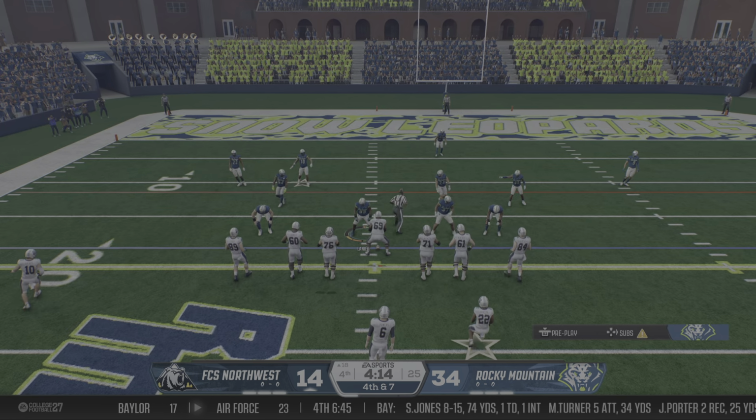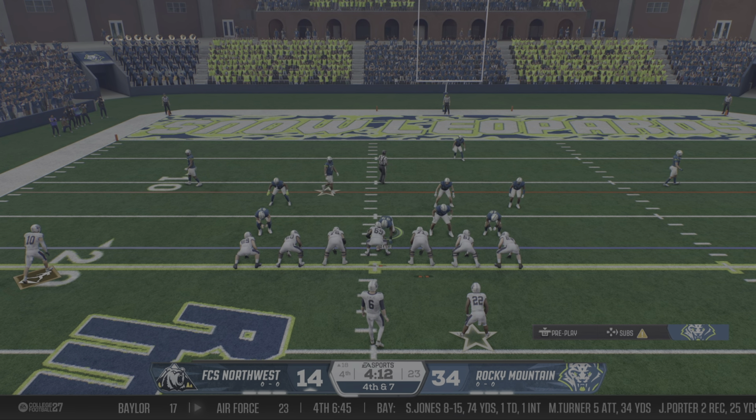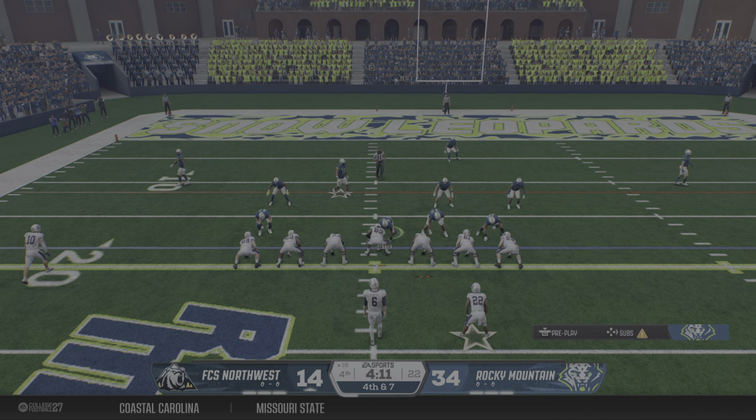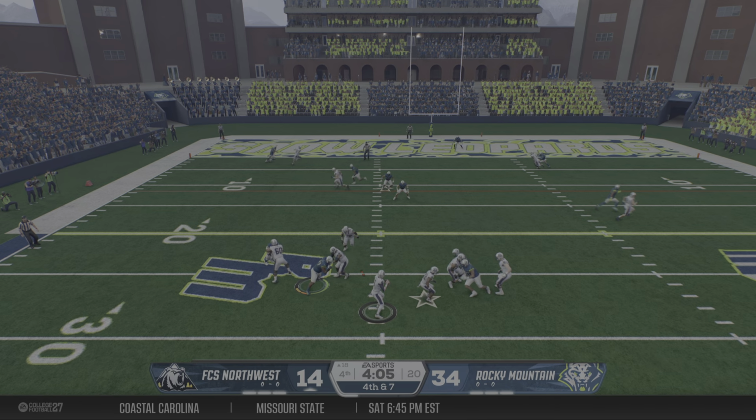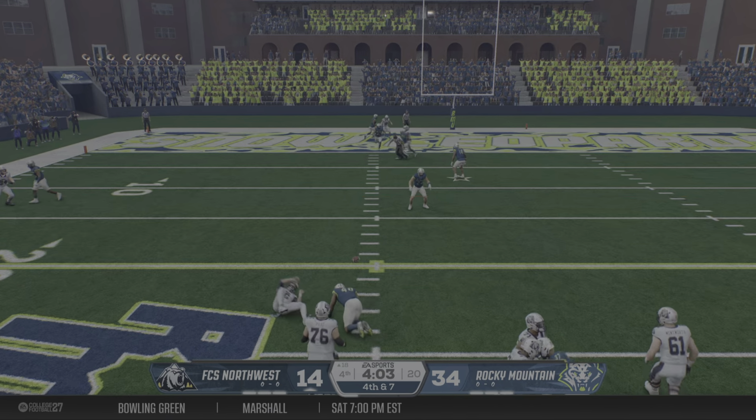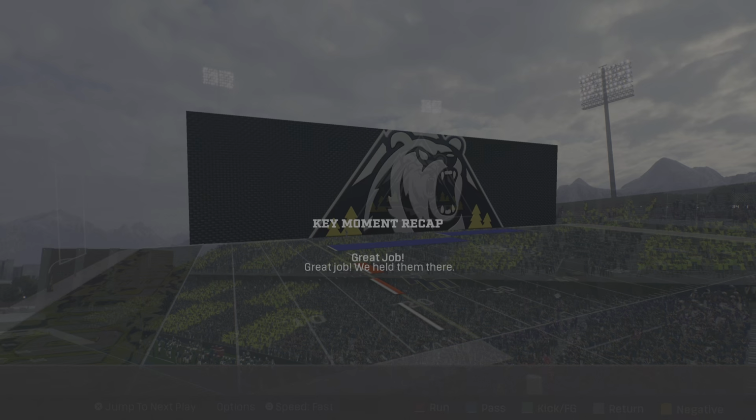Now, wait just a second here. I don't see the kicker coming out. I think they're going to go for it here. On fourth down, looking for the completion. Here's the pressure. Takes a shot as he...